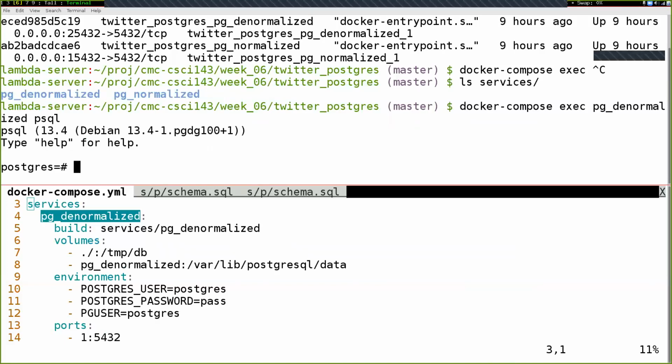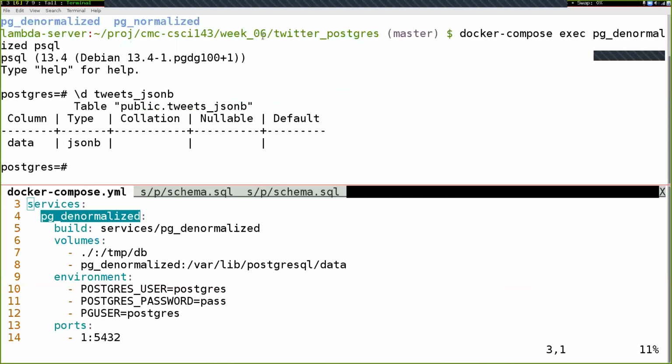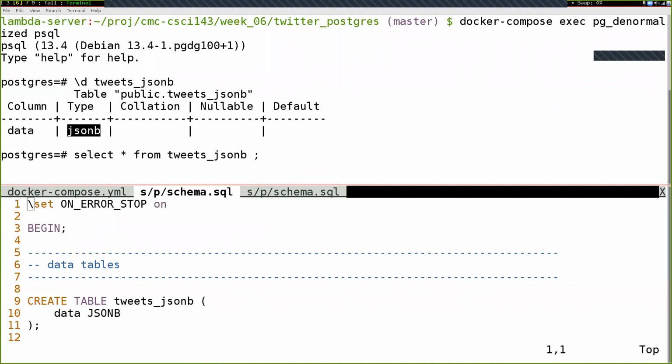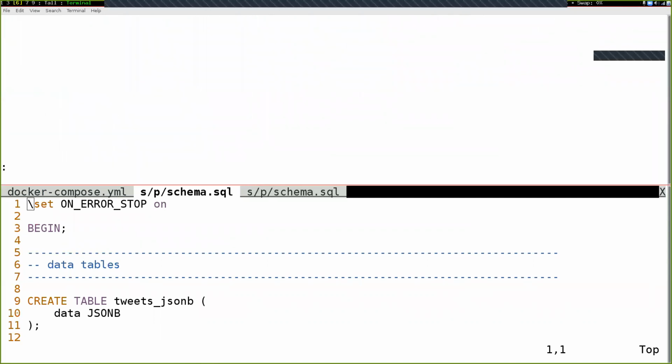So we said there is this tweets_jsonb table that we saw in the schema over here. It has one column inside of it called data, and its type is JSONB. If I do select star from tweets_jsonb semicolon, it'll take a second to load that up. There's a lot of